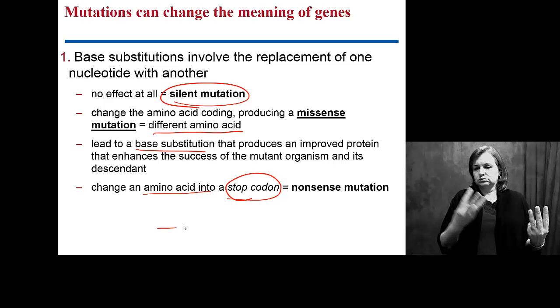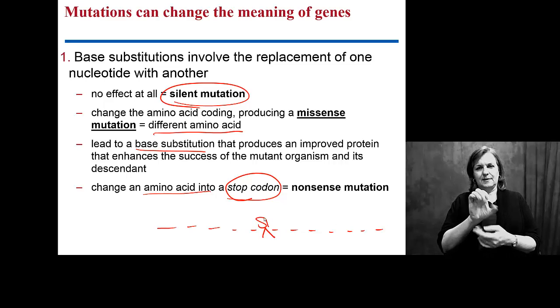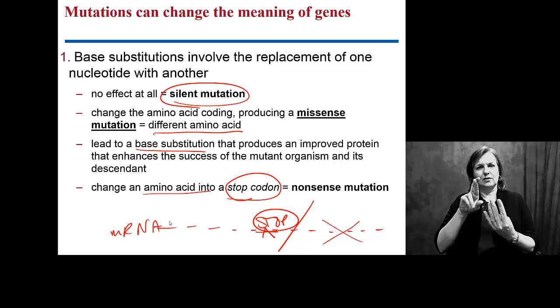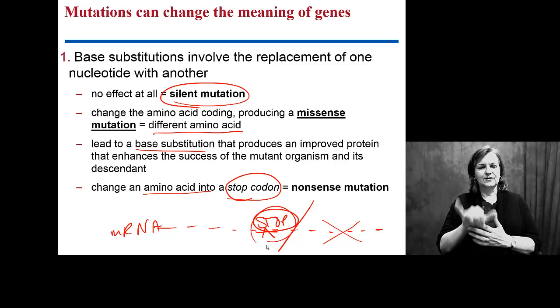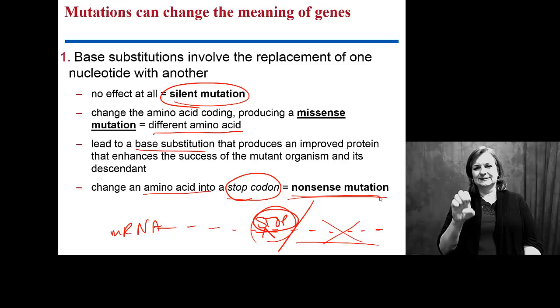So perhaps you've got codons, you're going along, everything is fine, but you hit a mutation right in the middle and it puts in a stop codon. Well, right there your protein stops. Whatever's left out here as far as your mRNA strand, the ribosome doesn't care. It hit a stop codon, it's done, it falls apart. So this protein would never be made properly. It's what we call a nonsense mutation.